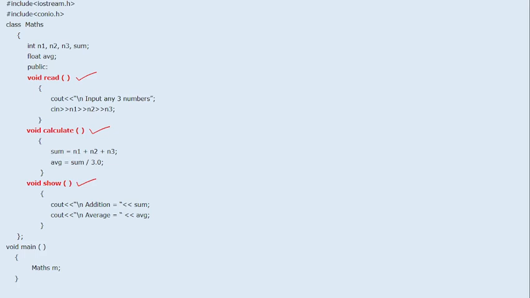I am creating one member function for read, one for calculate, and one for show. In read, I am reading values for n1, n2, n3. In calculate, I am calculating sum and average. And in display, or show, I will display sum and average. Now, in the main program, we have created object m. To call these,